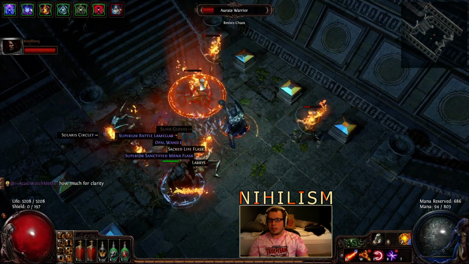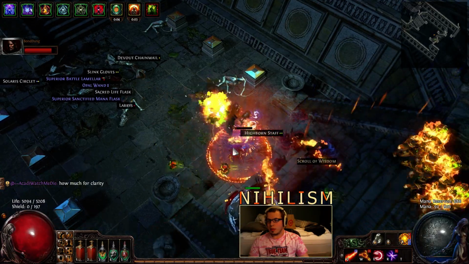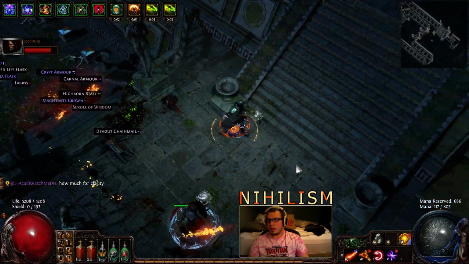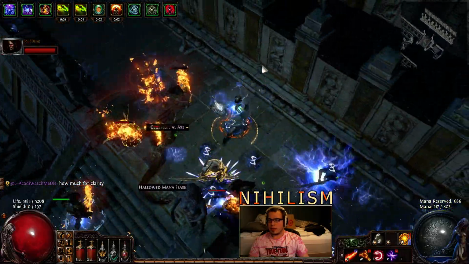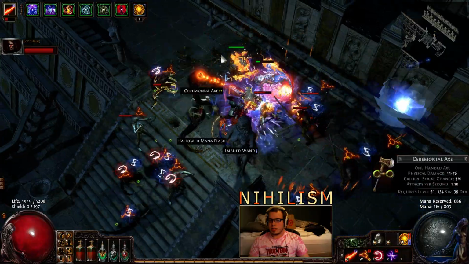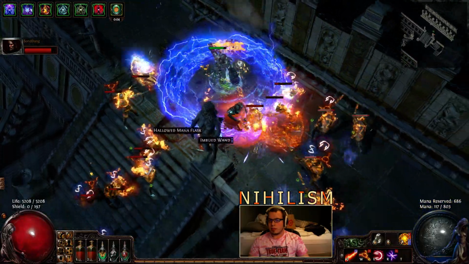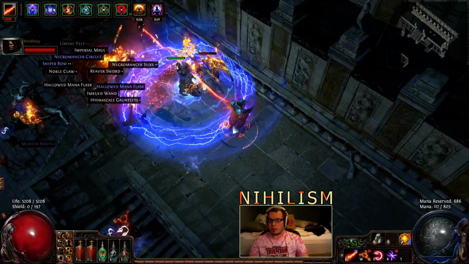If you eventually, maybe way end game, if you really want to scale the build up, you can get Elemental Reflect. Here we go. So Elemental Reflect, I just keep a Searing Bond totem because it helps with Elemental Reflect. You can charge up some with a